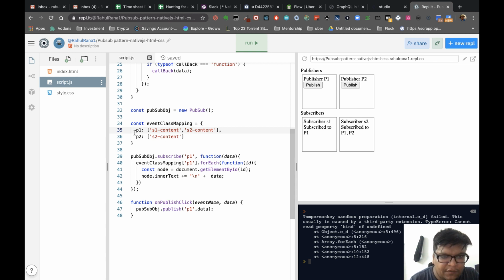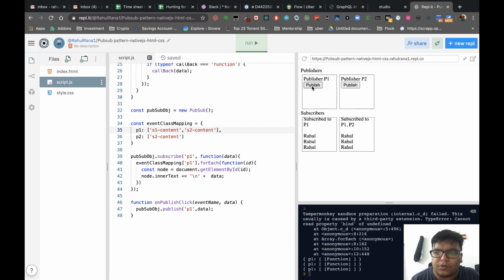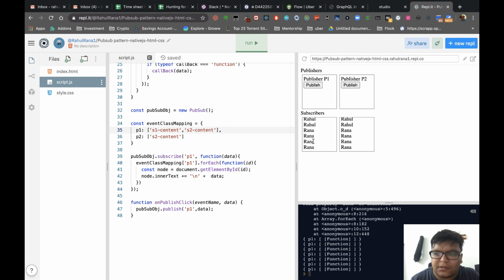So let's try to run it. If I click on P1, you can see I'm getting the content in both. But if I click P2, I'm getting content only in one. Oh, okay, actually it's going to both.